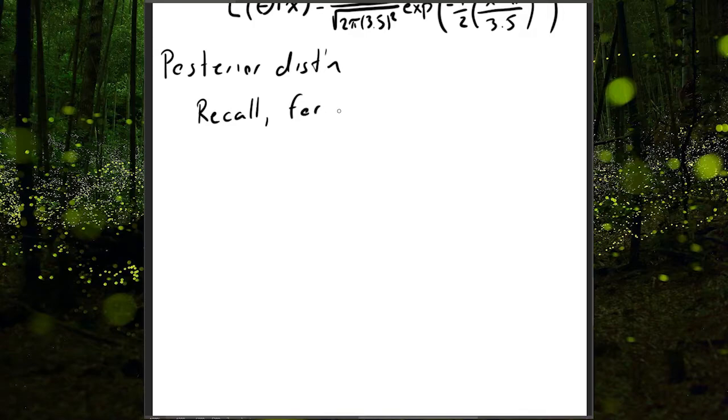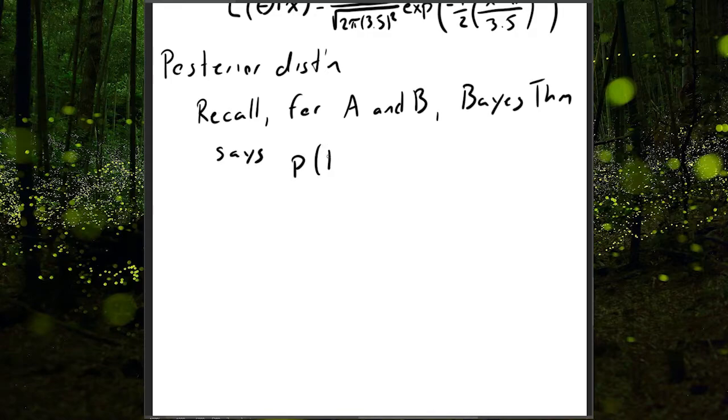So recall that for two events A and B, Bayes' theorem says probability of B given A is equal to, well, we know from basic probability that this is the probability of A and B over the probability of the thing we know, the thing we condition on, probability of A. Bayes' theorem expands that out and says,